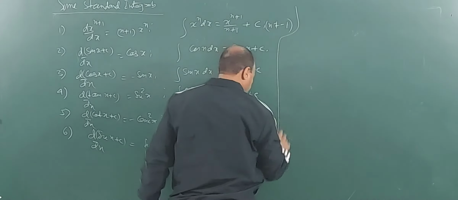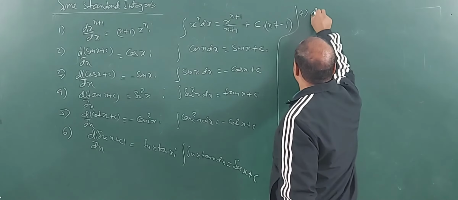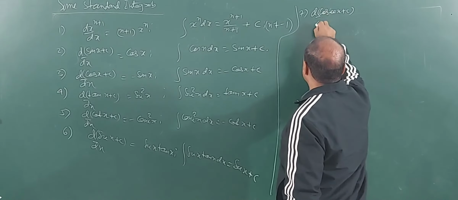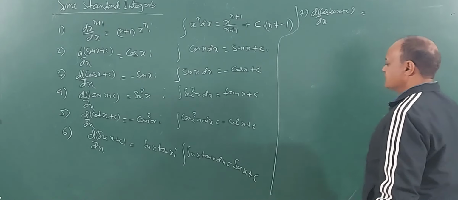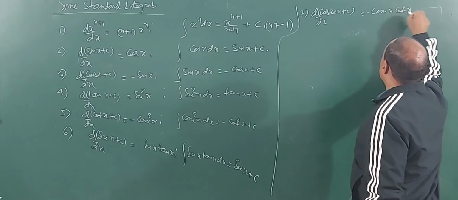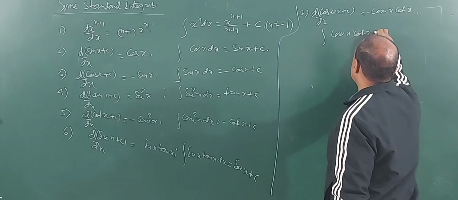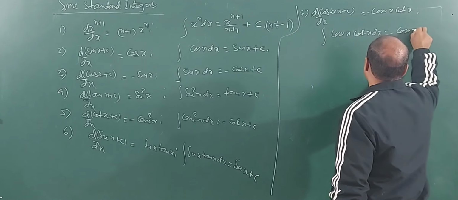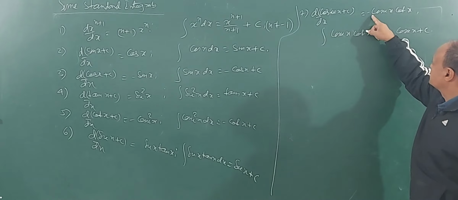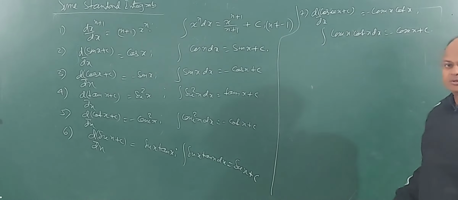Now, once you understood this, then children will be saying derivative of cosec x plus c, that is minus cosec x cot x. So, if you are doing integration of cosec x into cot x, it will be minus cosec x plus c. In the standard formula, we will not be writing minus this side, we will make this plus, so the negative sign will change, will come here, will be shifting. Minus c is not written, we will be writing plus c only.